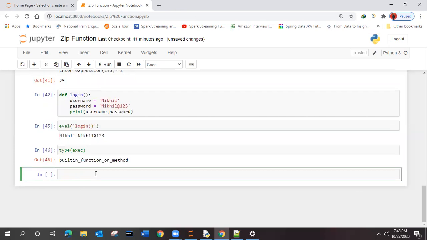We don't need to give any string in it directly. We can give execute of. We'll see an example now. Suppose some line is there which is executing your work, like the previous example we have seen.